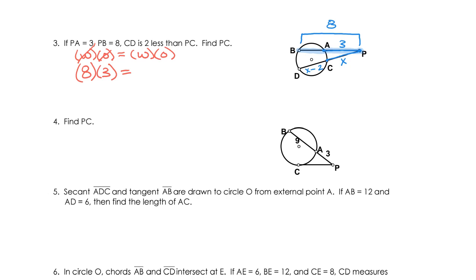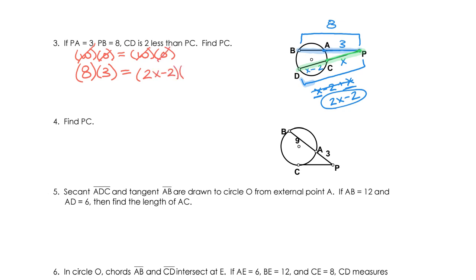Okay. If we go ahead, I'm going to highlight our other secant in green, and we need the whole length of that. And that one's going to be a little bit tricky because we don't have that whole length. So if we go ahead and bracket it, and remember to get the whole, we take the 2 parts and we add them together. X minus 2 plus x. This x plus this x will make 2x, and then the minus 2. And so we're going to go ahead and use that expression for the whole. So we're going to take out the whole here and replace it with 2x minus 2